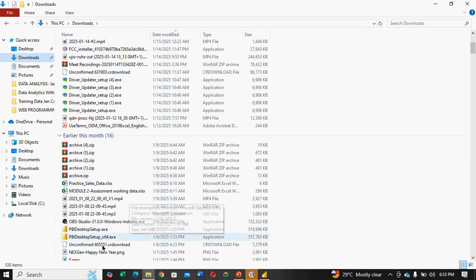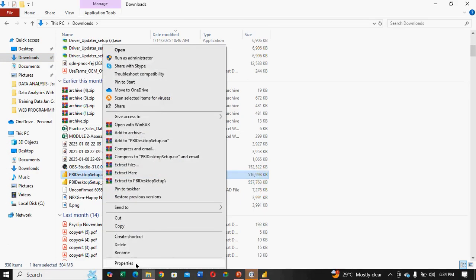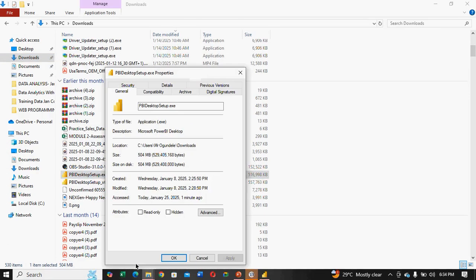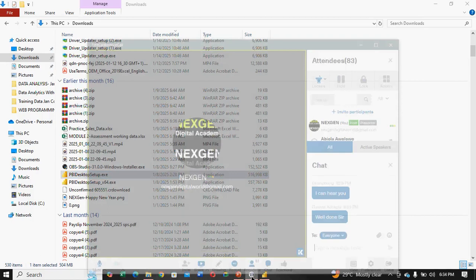It's not one something; the size is about 516 MB. That's the size of the application. It's over 500, so feel free to download it. You might be having challenges downloading it online, and I will also do a very short video on how to go about the installation.